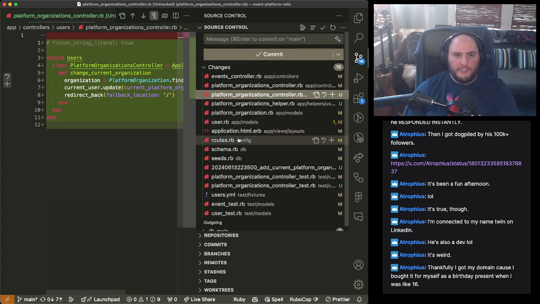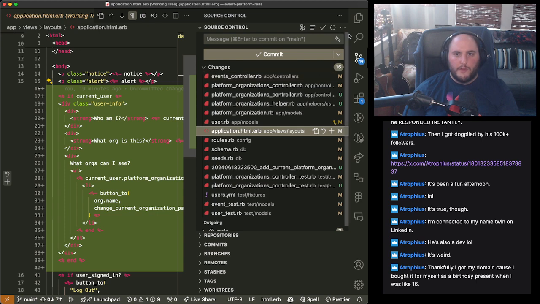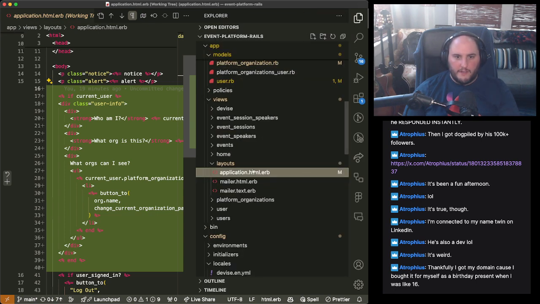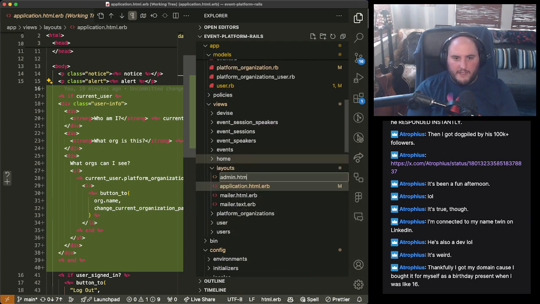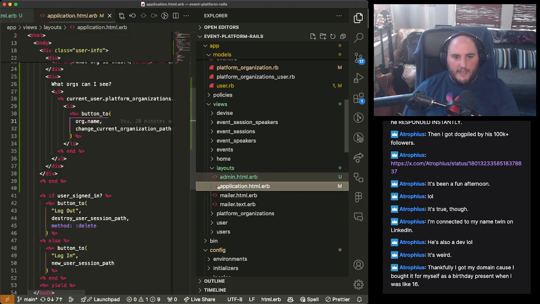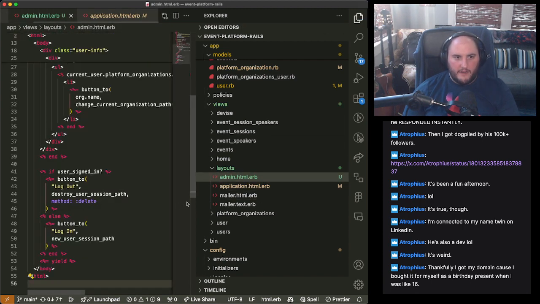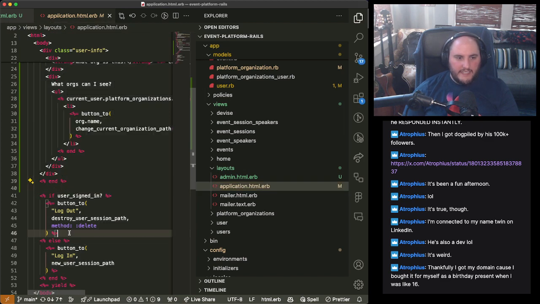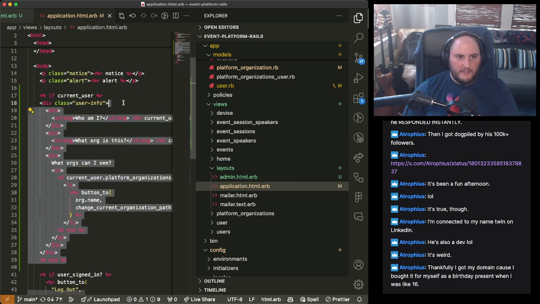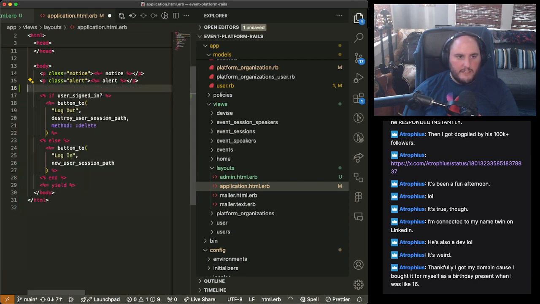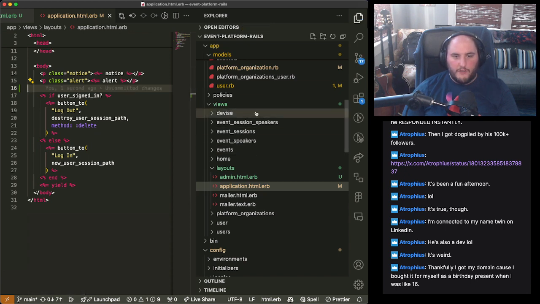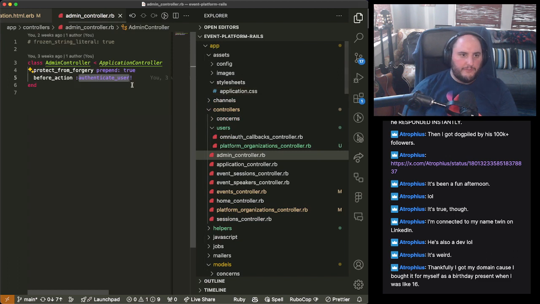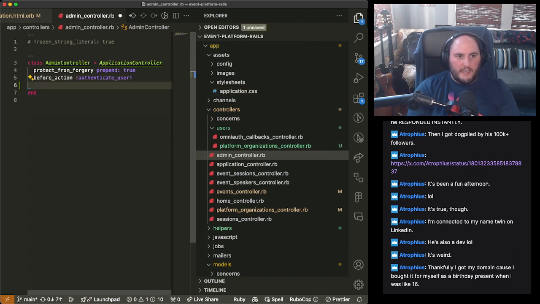Okay, so we should go ahead and do a couple things. First one is we're going to come into our layout here, and we're going to make a new file called admin.html.erb. And we're going to copy and paste everything inside of there and put it in here. Admin is safe to assume that somebody is actually logged in. So we don't need any of this logic in here anymore. And the rest of this logic is safe. So now what we can do is anything in the admin controller, we're going to just say layout is admin.